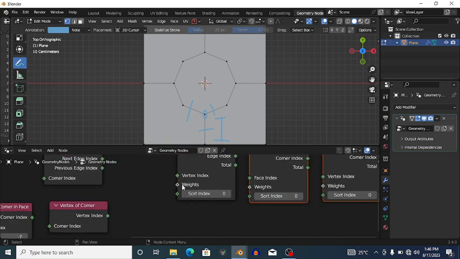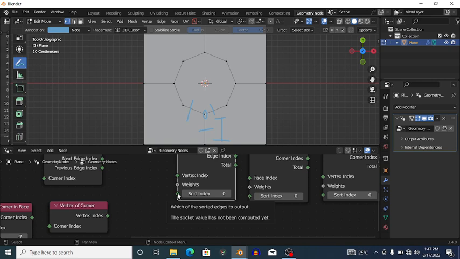Okay, whereby, if you find a way using the edge vertices, where you can find the position of each vertex connected to an edge, and find the distance, you can connect it to the weights, and what Blender will do in the sort index is that with the weights that you have connected, it's going to assign values to the edges connected to it, values depending on increasing